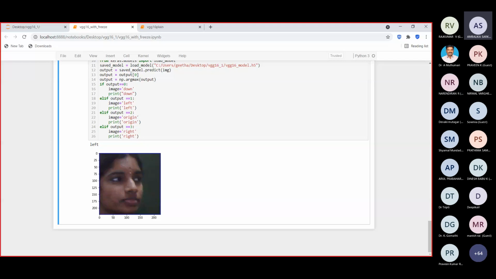So without freezing, you see the same. This is without freezing, plain VGG16. You see all the parameters are trainable. Total parameters is 21 million, and all 21 are trainable here. But with the freezing, if you see here, among 21 million, only 13 million are trainable and 7 million are not trainable because we have made those layers frozen. That is the difference they have shown in the model summary here.